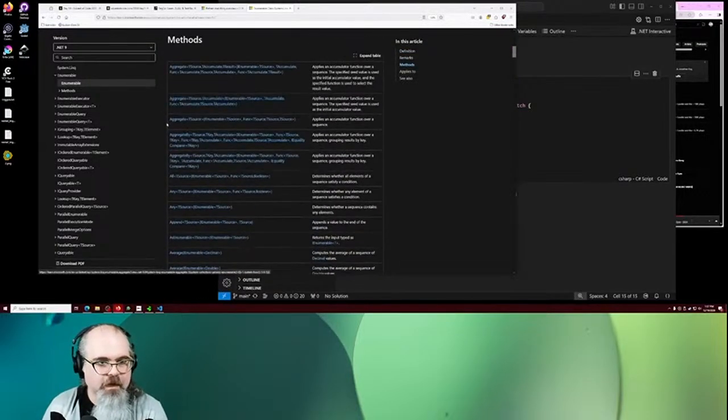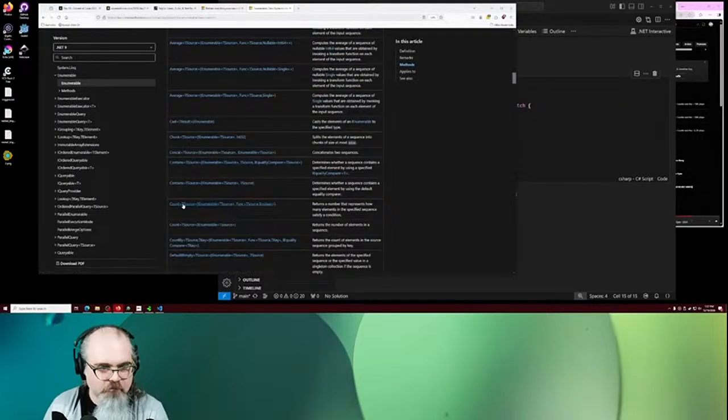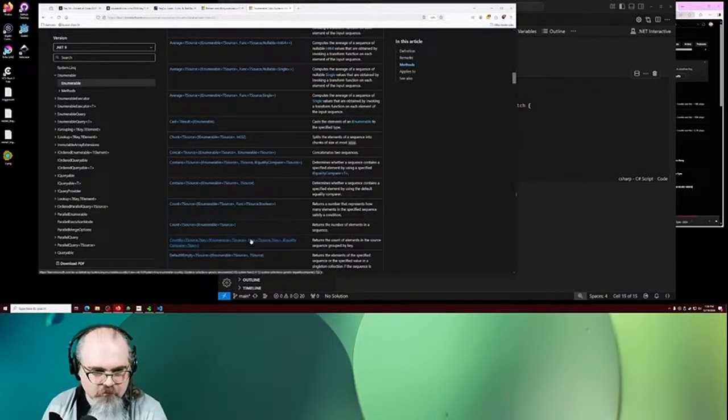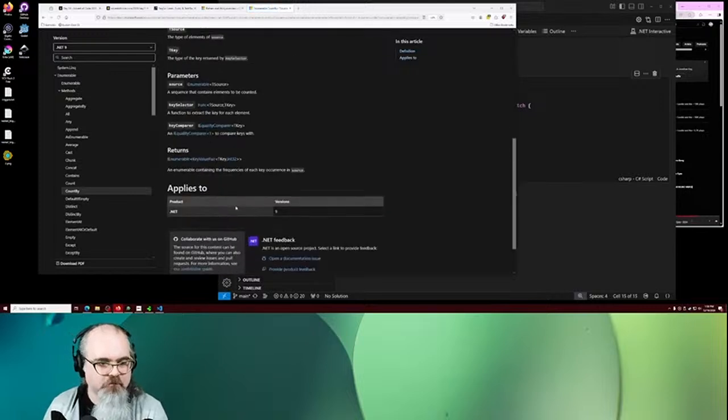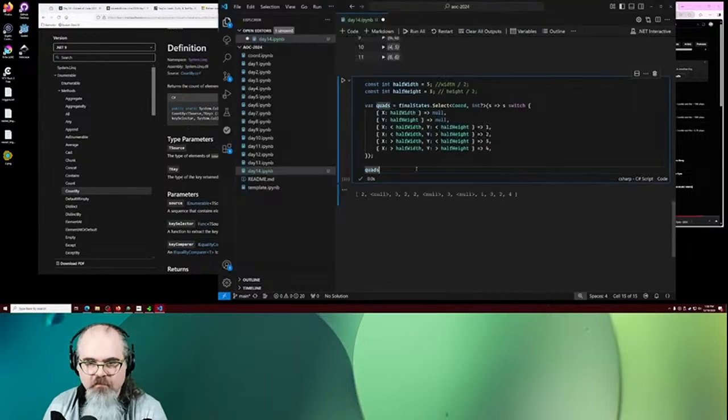Aggregate. Aha, yeah. Applies an accumulator function over a sequence. See, yep. I want to check, is there a quick way to count values? Count values. Yeah, returns the count of elements in the source sequence grouped by key. Yeah, that's what I want here, I believe. So the type of elements in source, the type of the key returned by key selector. Okay, so yeah, quads dot